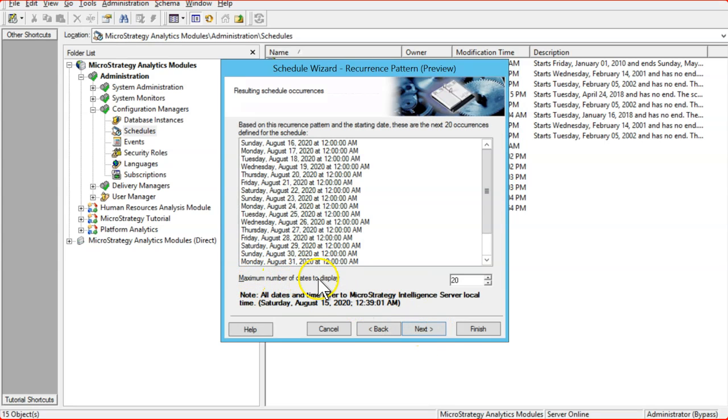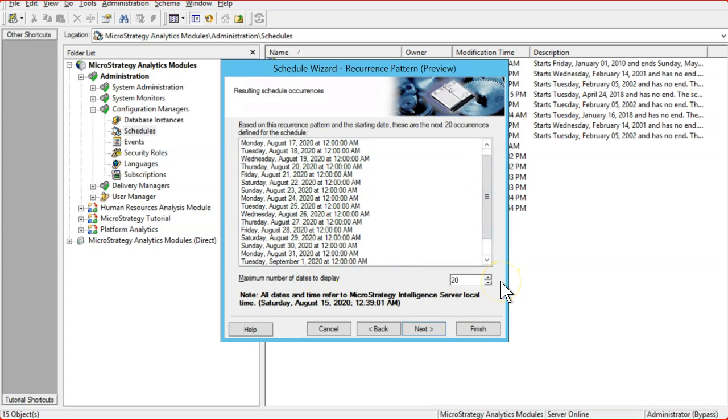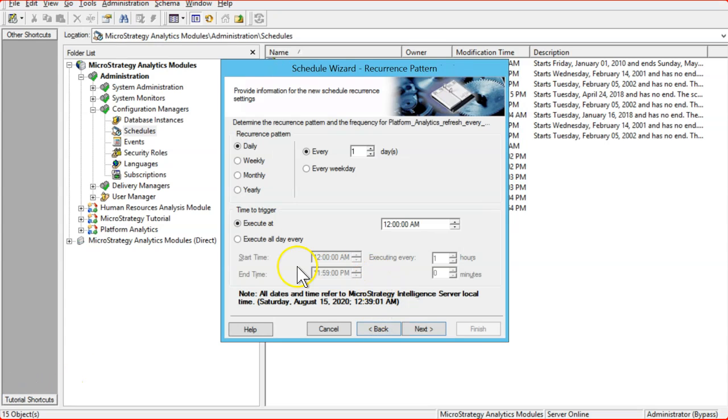The maximum number of dates to display is 20. That's fine. Okay, let's go back. Here it's not set at this time, because we need to execute it every 15 minutes. If you need to execute it only once a day, then you can just select a particular time here and it will fire at whatever time you have selected.